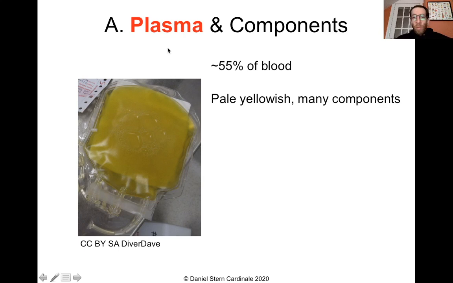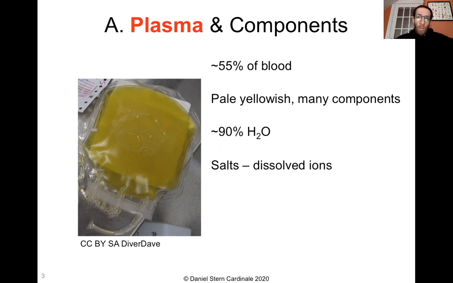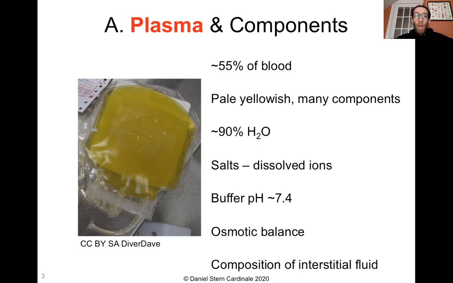Plasma, when you remove all of the cells, is this pale yellowish liquid, and it has a lot of the components of blood that are really important functionally for what blood does. 90% of plasma is going to be water, and then it's going to contain a lot of salts, dissolved ions. So we've talked a lot about things like sodium and potassium and calcium. All of those things are circulating in your blood in very highly regulated concentrations. Blood is very tightly regulated in terms of its pH as well. It's buffered to about 7.4,